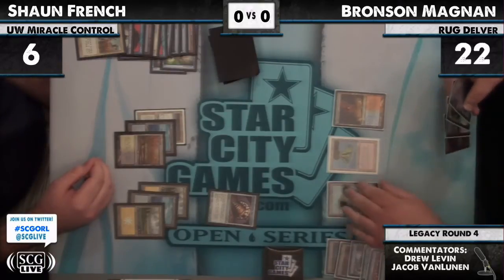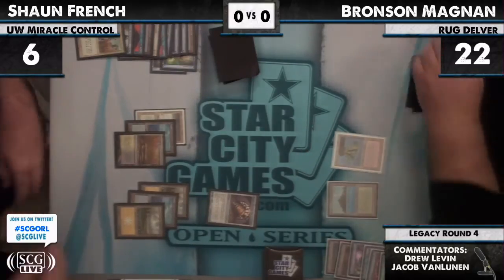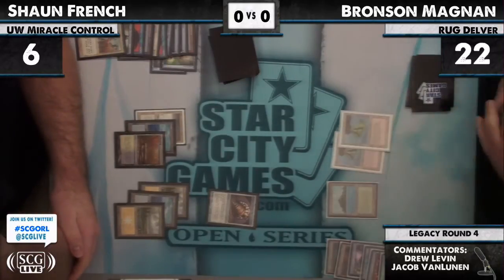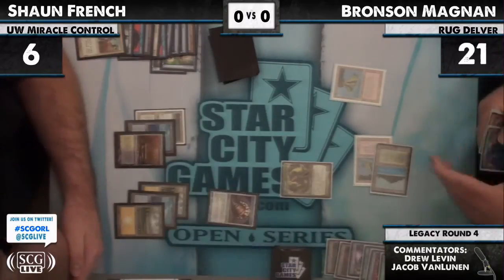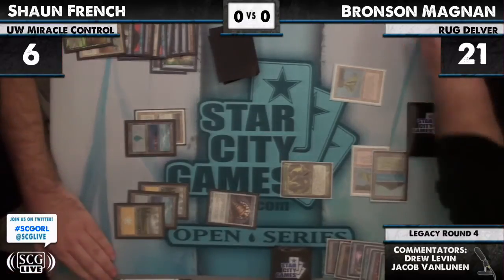Alright, so another 2 points of burn for Bronson here. Does Bronson have another Tarmogoyf? Is that what I saw in his hand? Yep, and that's going to get Spell Snared. Shaun can just flip the top. Spell Snare is his top card. And Shaun's pretty lucky that Bronson's next threat was a Tarmogoyf and not a Mongoose or a...